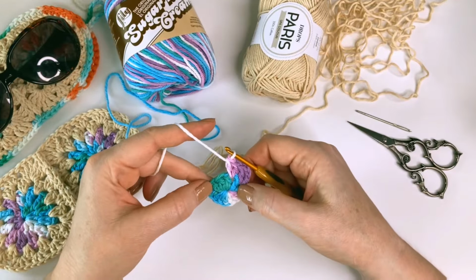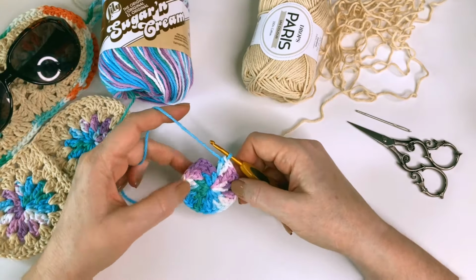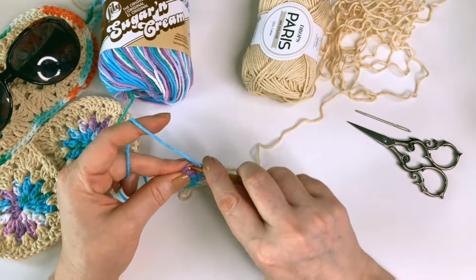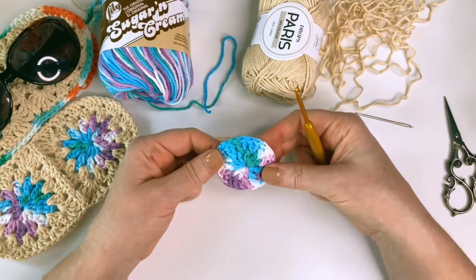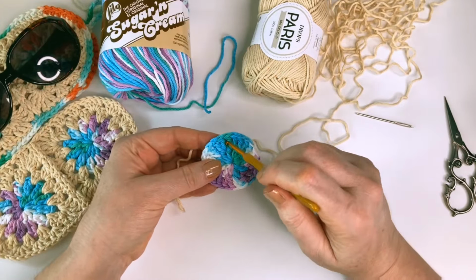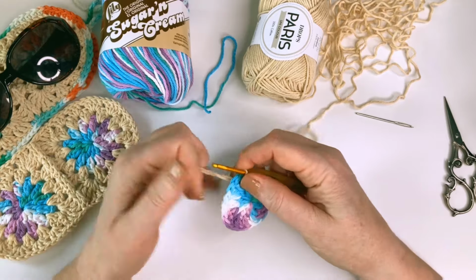And I'm going to go ahead and put 2 double crochet into each space all the way around. Okay, so I've gone all the way around with 2 double crochet in each space. I'm going to join with a slip stitch to the top of this chain 3 and I'm going to fasten off this colour. Okay, so I'm going to join in my main colour now. I'm going to put my hook in between group of 2 clusters of stitches, pull my new colour through